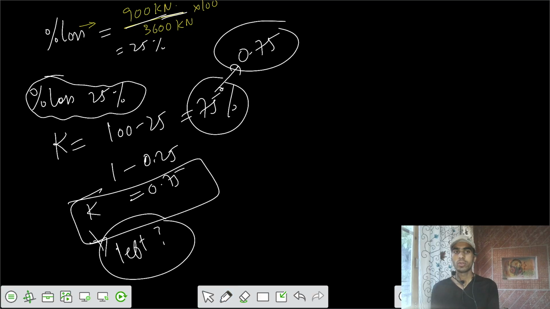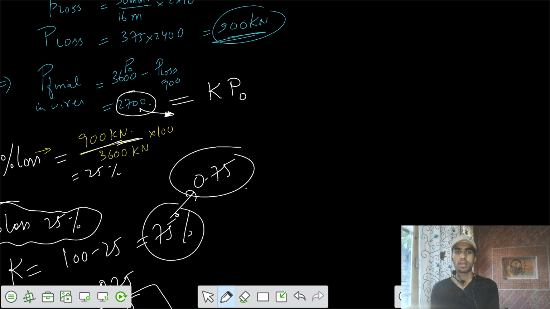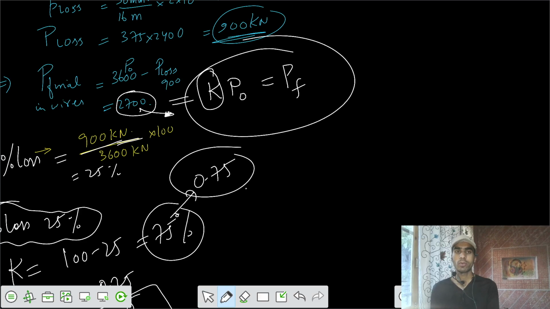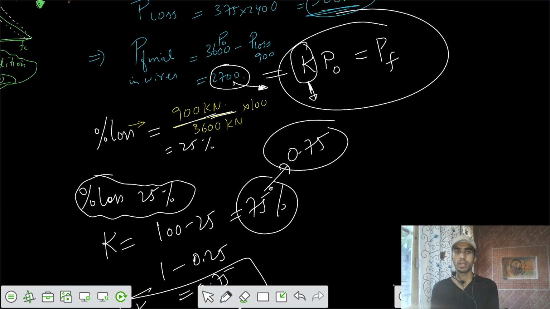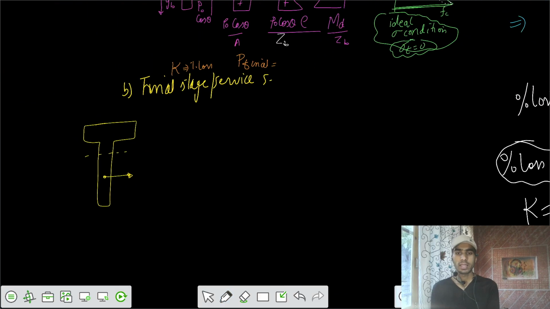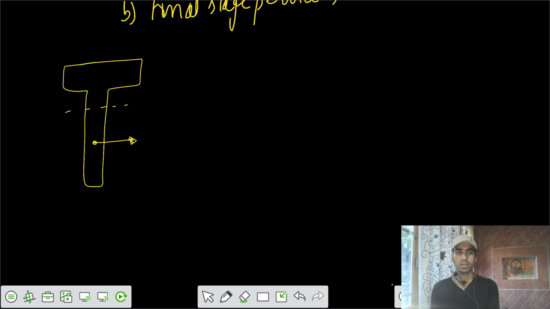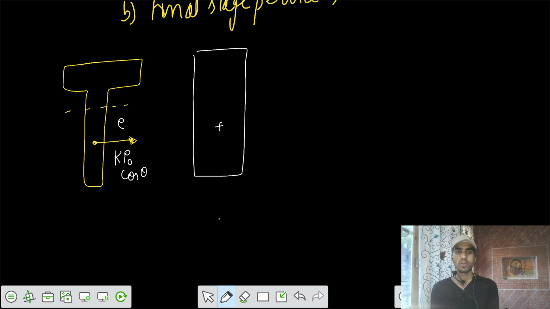That's your K value. So that will represent the final force as K times P naught, how much of the initial force has been left. So I'm going to write that here, K times P naught. That force of K times P naught cos theta is applied at some eccentricity. So our stresses would be: this is your positive K P naught cos theta divided by the cross section area, and